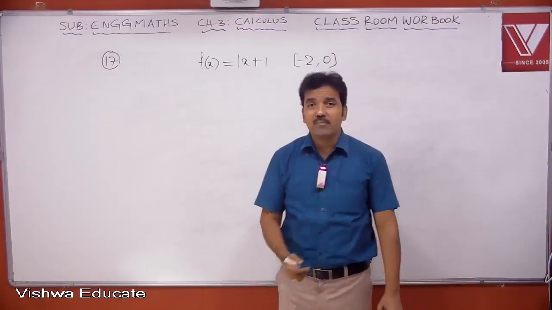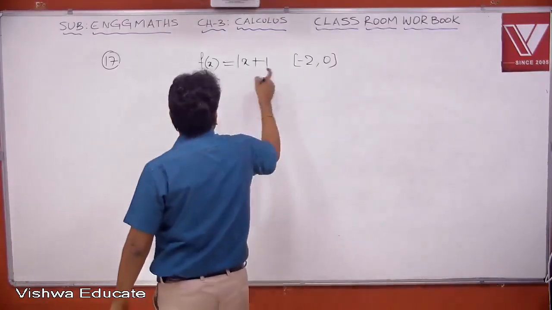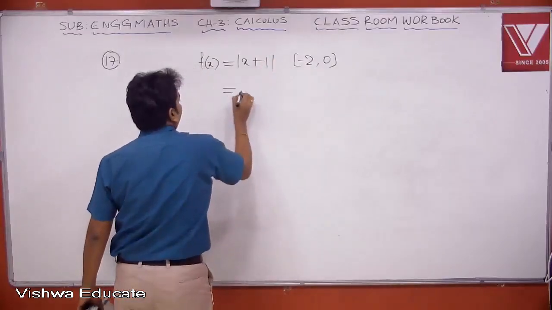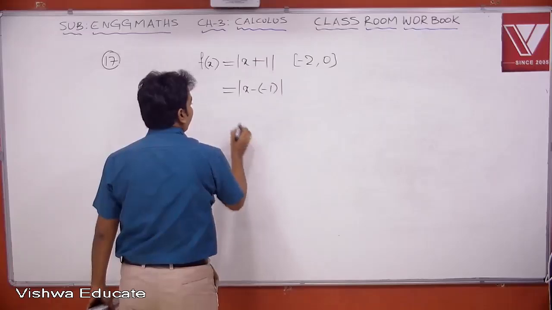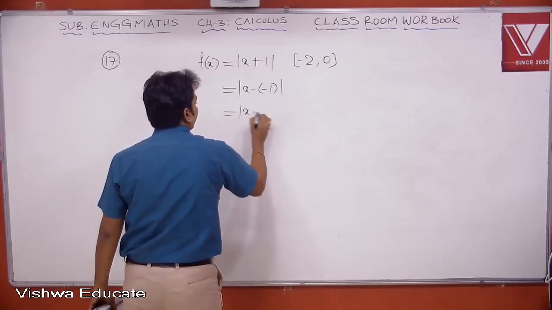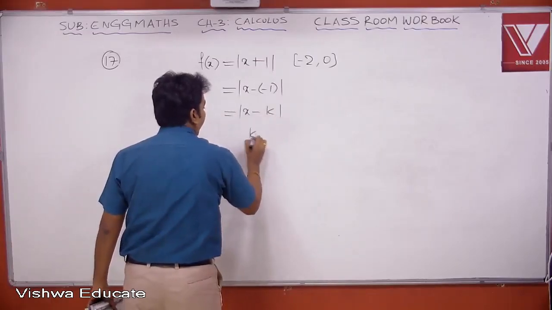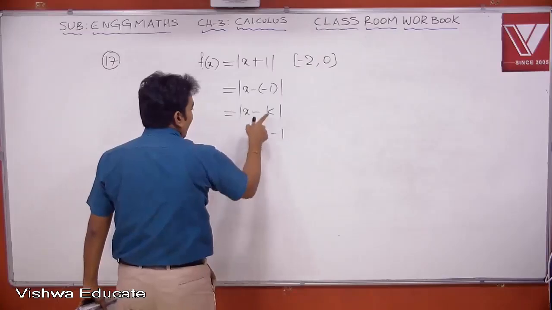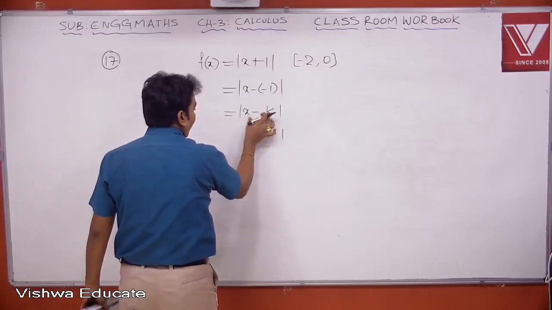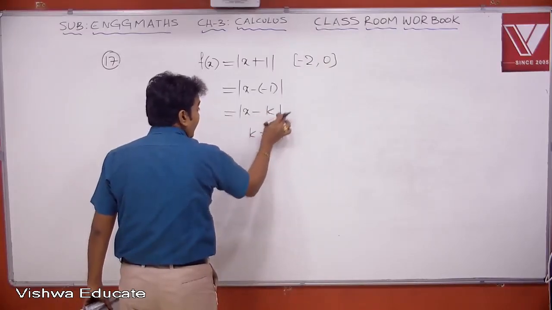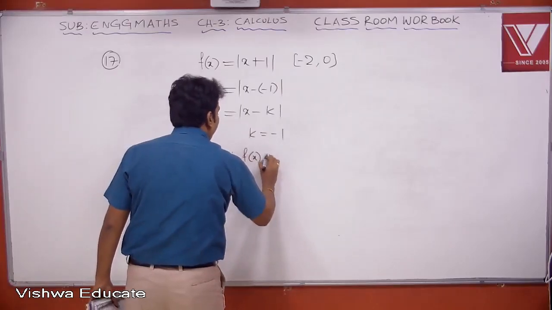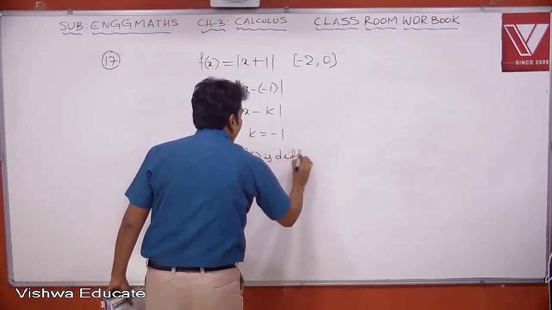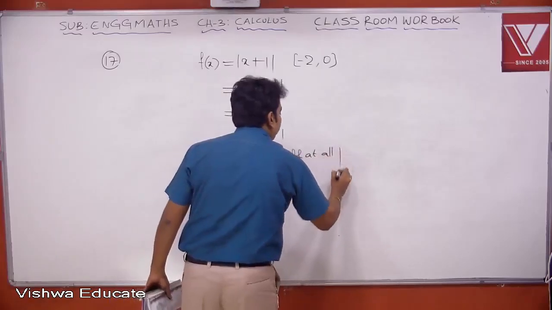See, this is a very familiar example for us. Now it is in the form modulus of x plus 1. Now this can be written as modulus of x minus of minus 1. So it is in the form modulus of x minus k, where k value is minus 1. Now this function is not differentiable at minus 1. Except minus 1, it is differentiable at all points. So therefore f of x is differentiable at all points